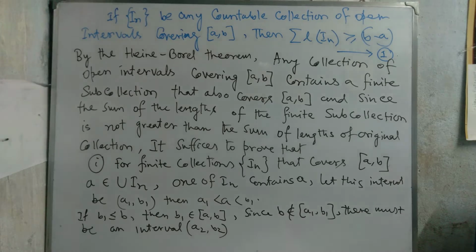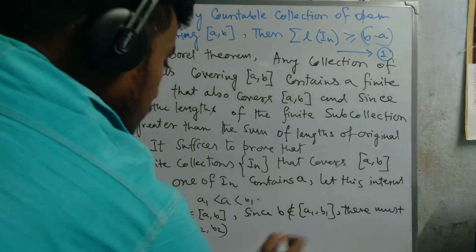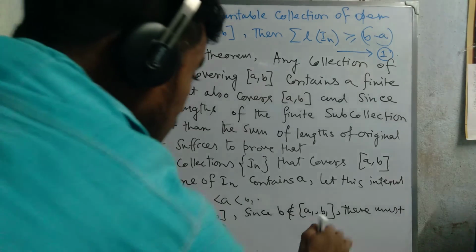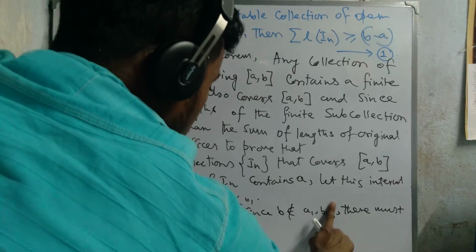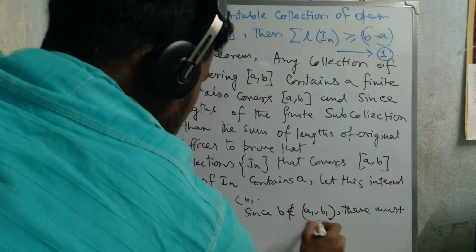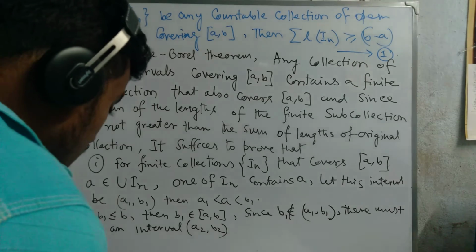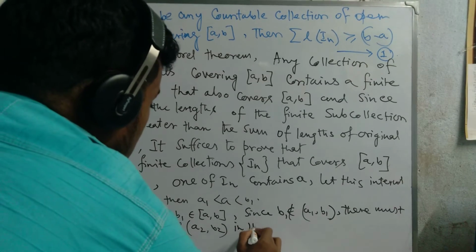Here B1 is not closed, this one is open, so B1 does not belong to this, then there must be an interval A2 B2 in the collection In